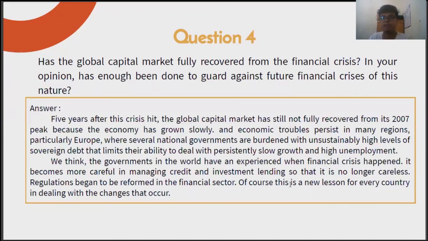We think governments in the world have all learned from when the financial crisis happened. They are becoming more careful in managing credit and investment lending so that it is no longer careless. Regulation began to be reformed in the financial sector. Of course, this is a new lesson for every country in dealing with changes